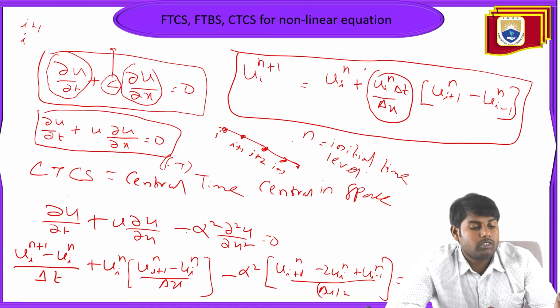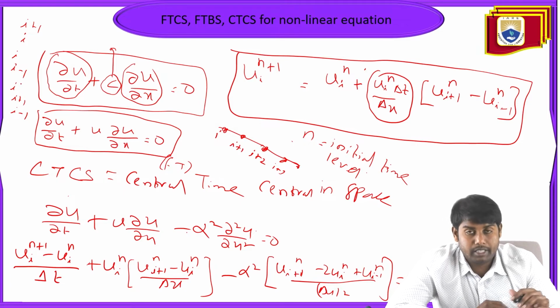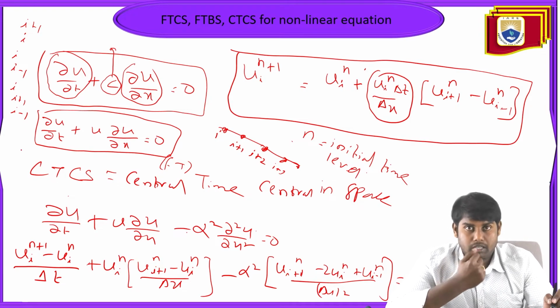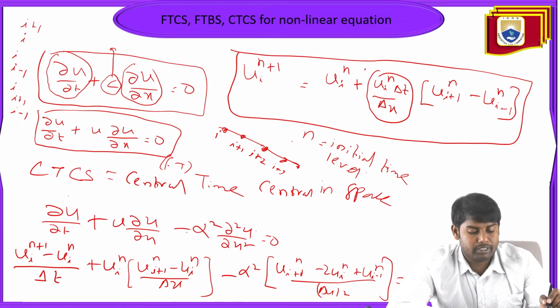Okay, so only two. When you see FTBS, you have I and I minus 1 terms. When you take FTCS, you have I terms, I plus 1 terms, and I minus 1 terms in the current equation which you are discussing. Now when we take this equation, which is the combined convection and diffusion equation,